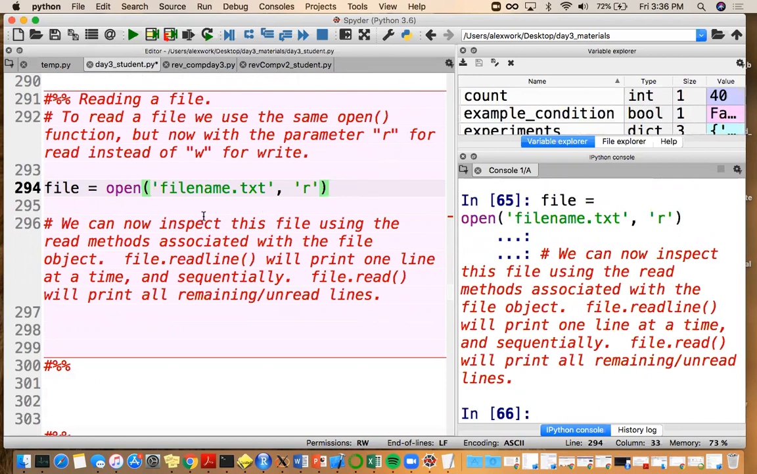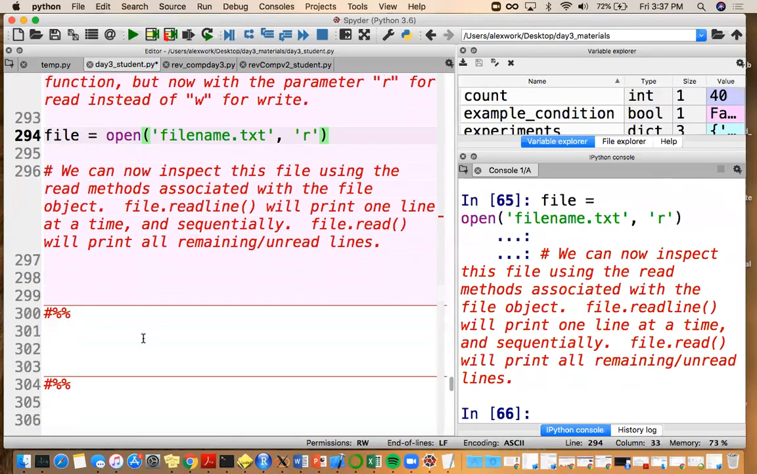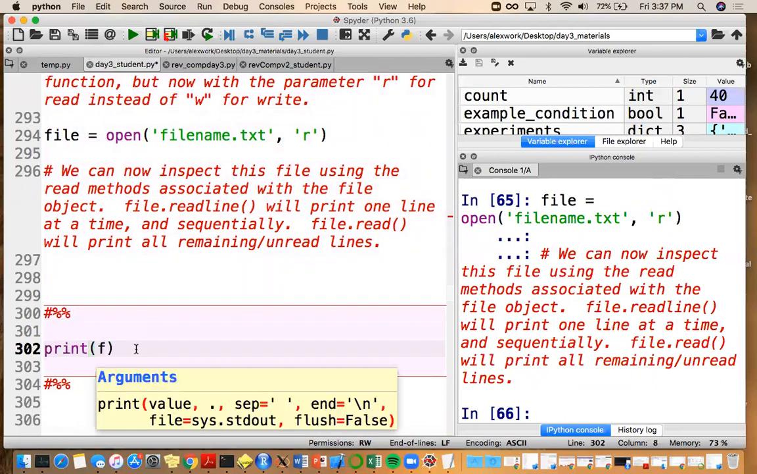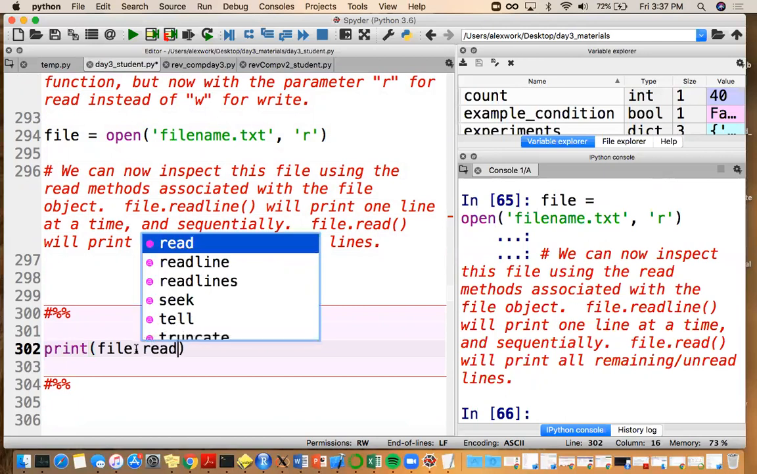Not in the variable explorer, that's fine. Okay. We can now inspect this file using the read methods associated with the file object. For example, file.readline will print one line at a time, and it'll do so sequentially. file.read will print all of the remaining unread lines. So let's try these. We'll do print file.read,